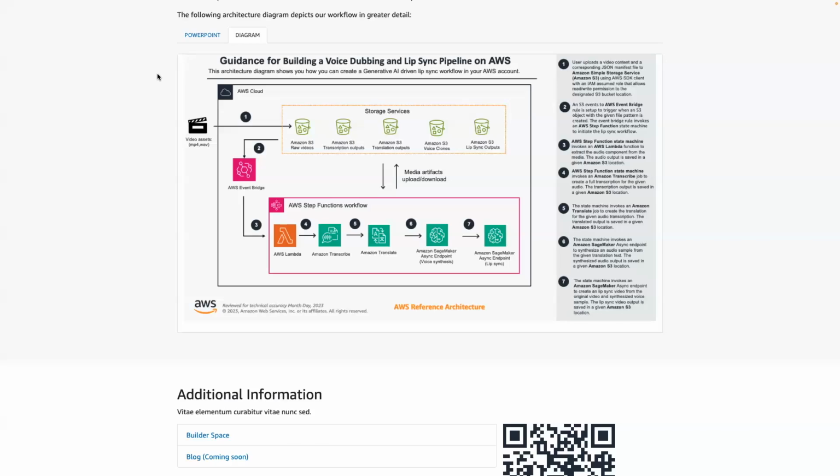The translated text is then fed into the open source voice synthesis model called Tortoise TTS, hosted in Amazon SageMaker as an asynchronous endpoint. And along with the audio samples that we extracted in the first step, it allows the synthesized audio to mimic the style and tone of the original speaker. And now we have the synthesized audio as the output.